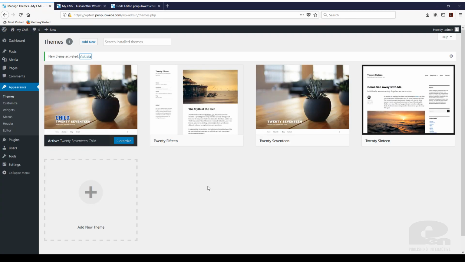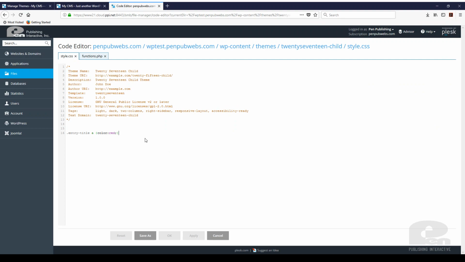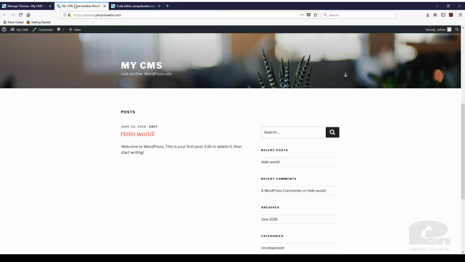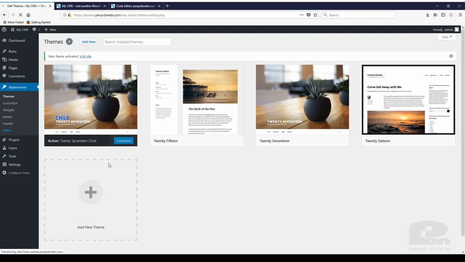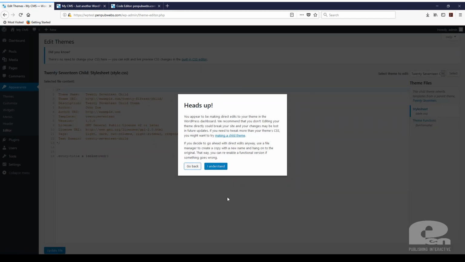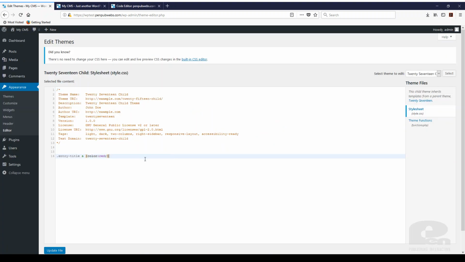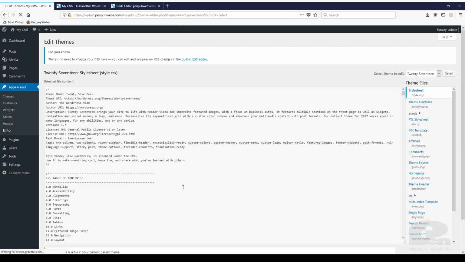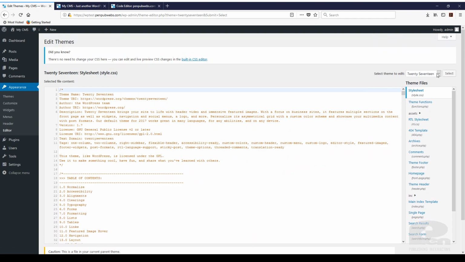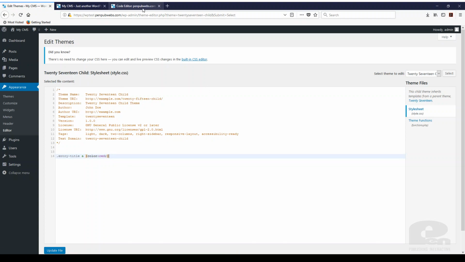So it's very important that, and I did it in the file manager of the server, but if you have access, you can also go in here into the editor. Again, you've got to be careful, and WordPress will warn you, hey, if you mess with this, you can break stuff, which is fine. I understand that. It's the same file, and you can see styles and functions now. You can go in here and make modifications to the parent as well, but again, it's not recommended. So you can make these modifications within WordPress, or if you have access to your file manager on the server, or if you prefer FTP and you have files on your local machine, you can do that as well.